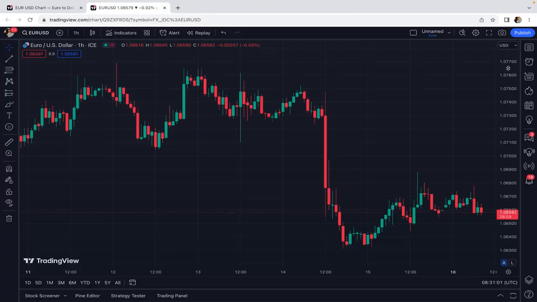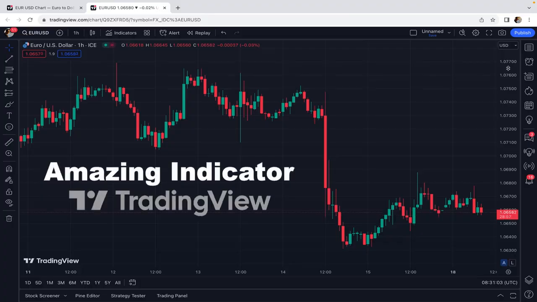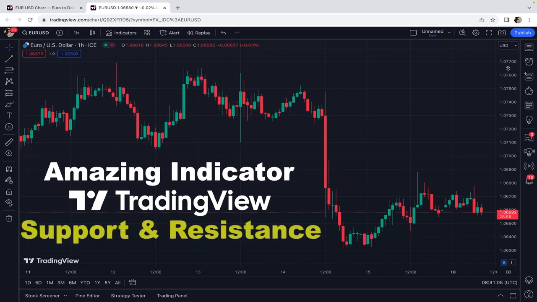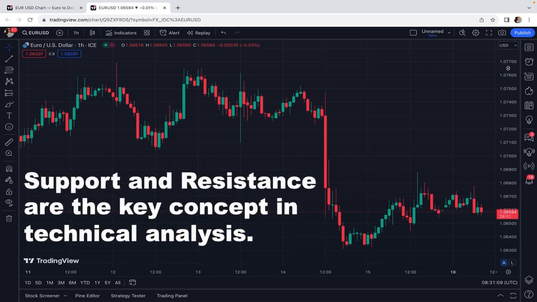In today's video, I want to introduce an amazing indicator on TradingView that perfectly shows support and resistance levels on the chart. As you know, support and resistance levels are the key concept in technical analysis, and they are the essential part of successfully analyzing the chart. They are the base and foundation for other concepts of technical analysis, and they play an important role in many